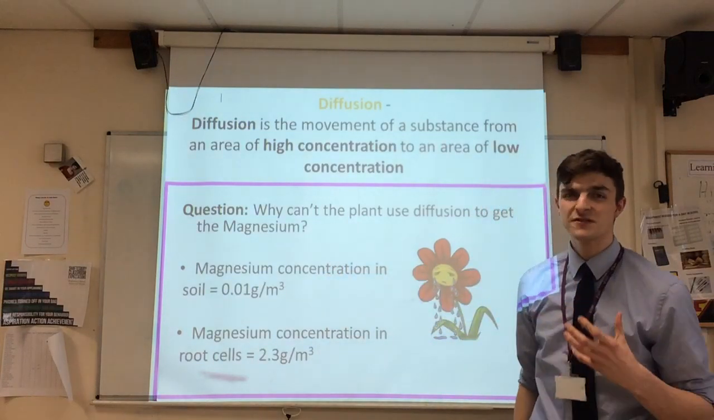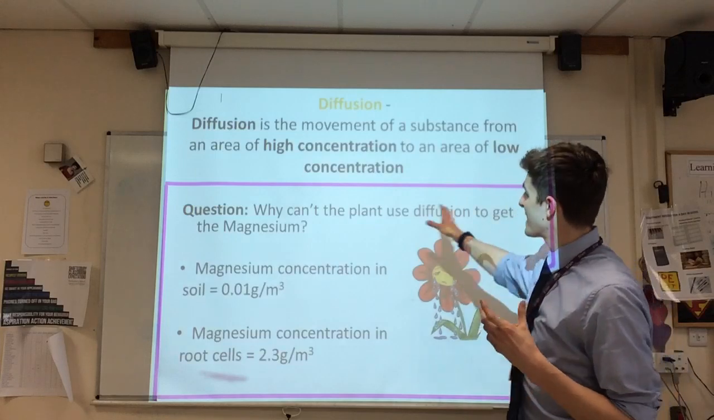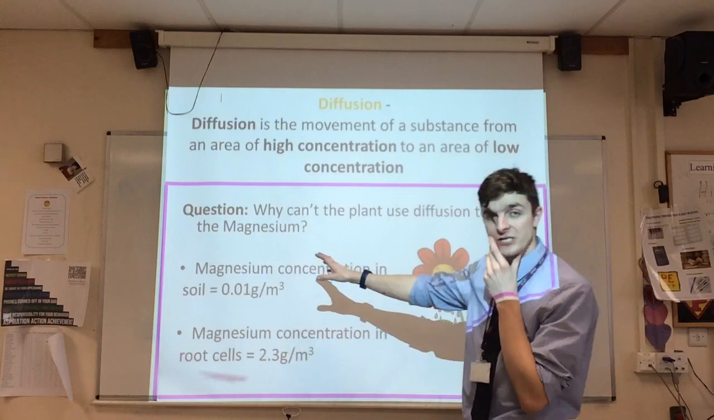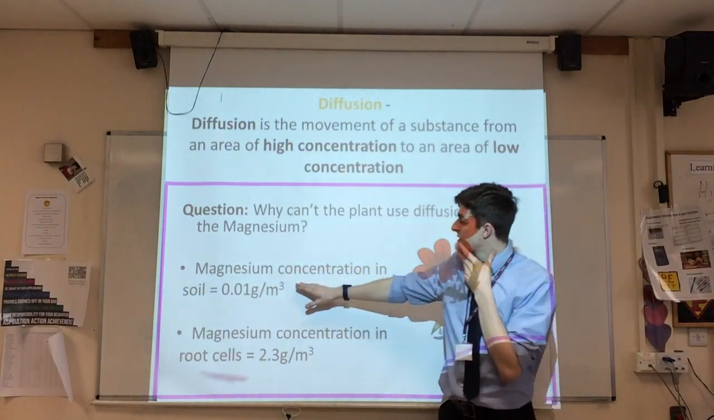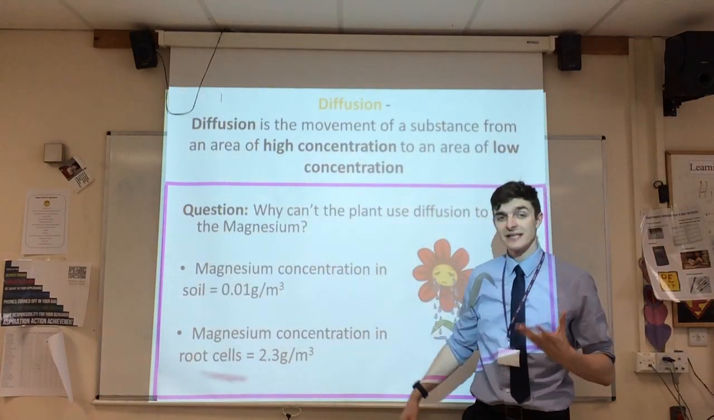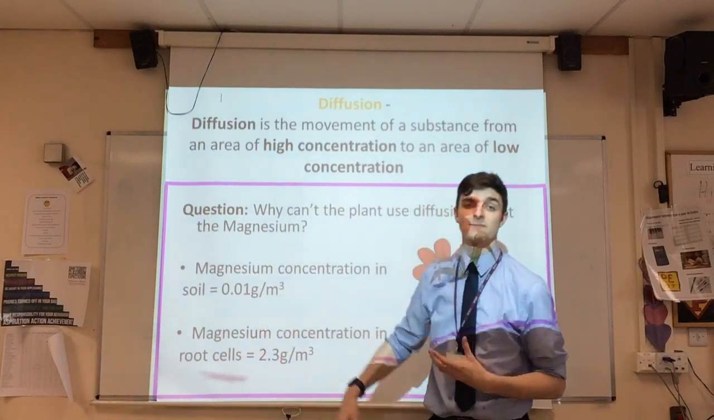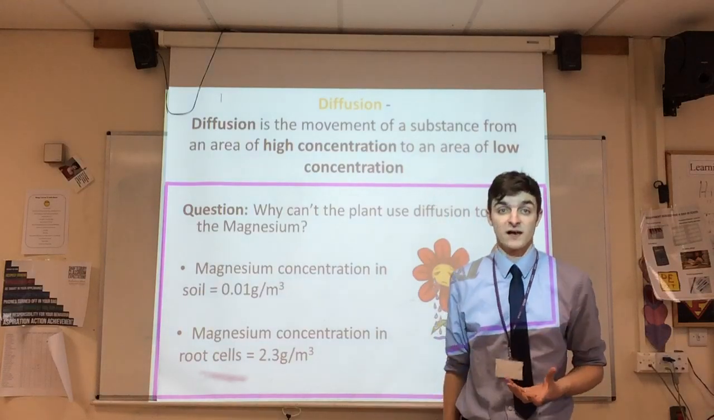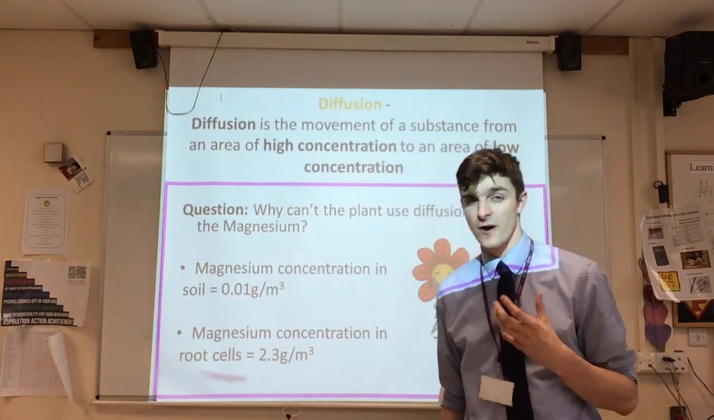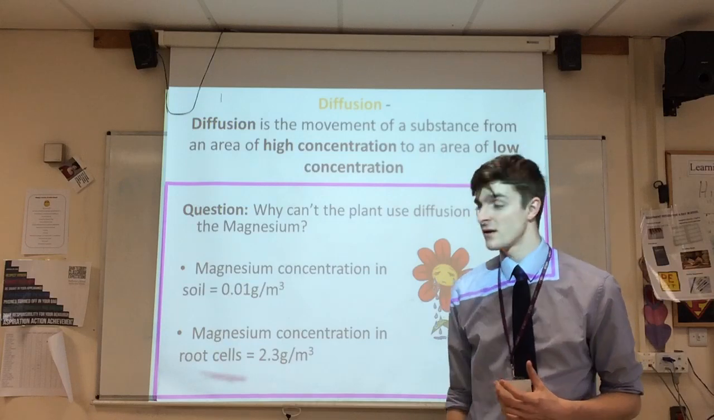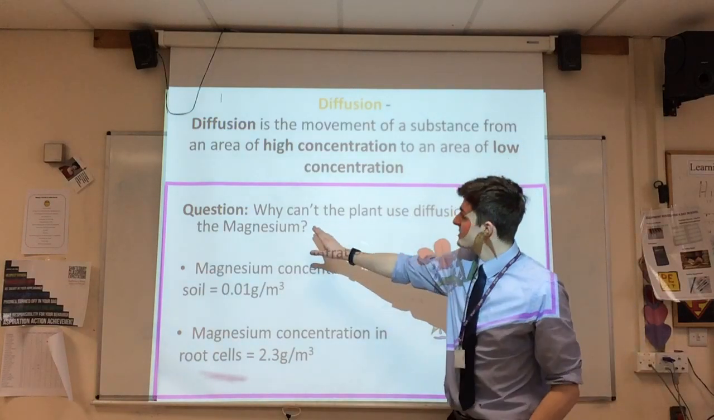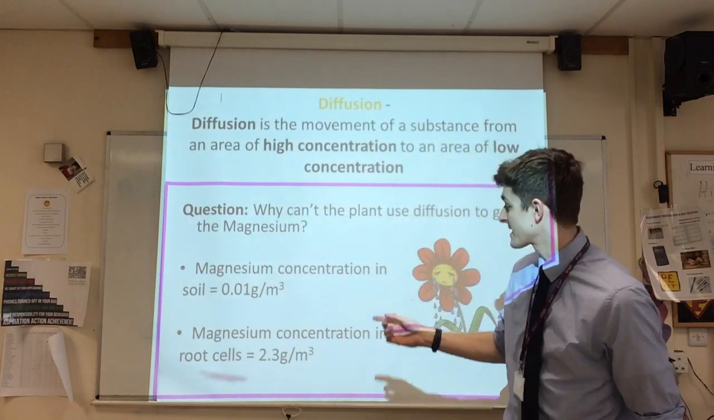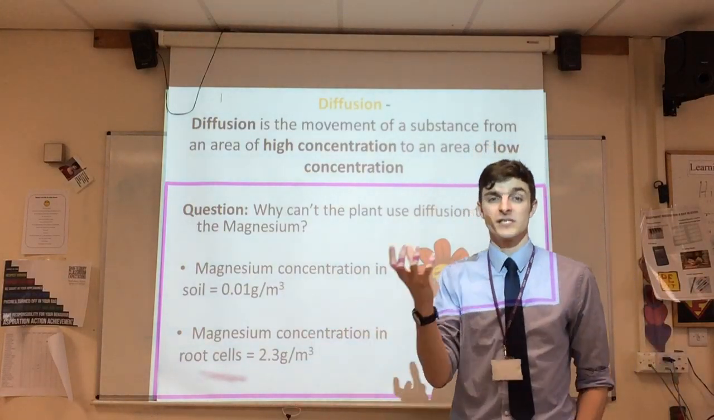Why can't the plant use diffusion to get magnesium from the soil? Well, let's look at the information we have in the question. The magnesium concentration in the soil is 0.01 grams per metre cubed. The magnesium concentration in the root cells is 2.3 grams per metre cubed. Now, the question again is, why can't the plant use normal diffusion to get the magnesium into the cells from